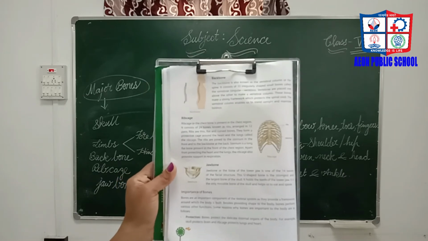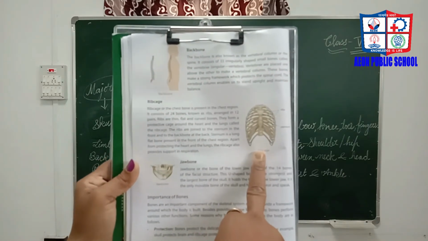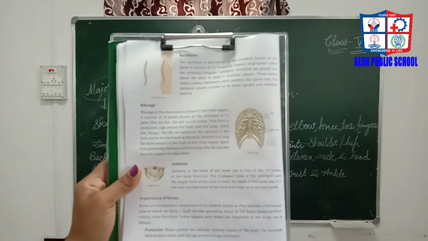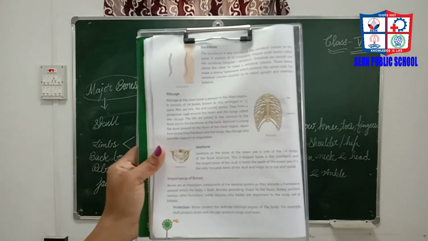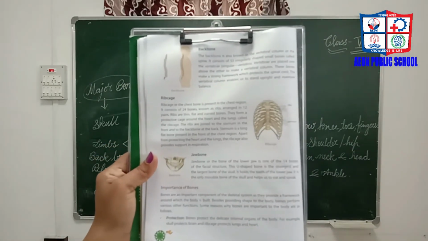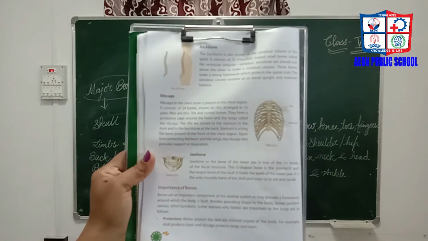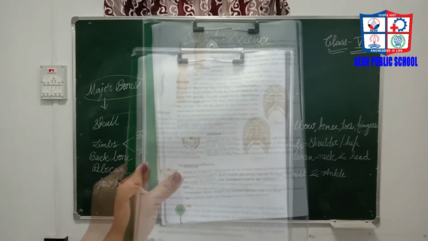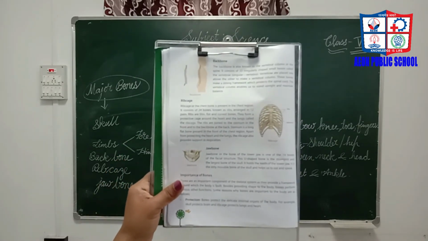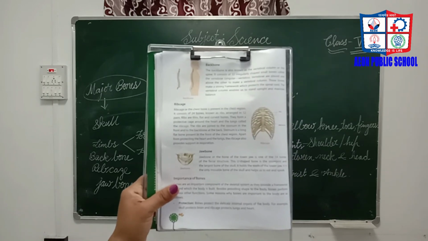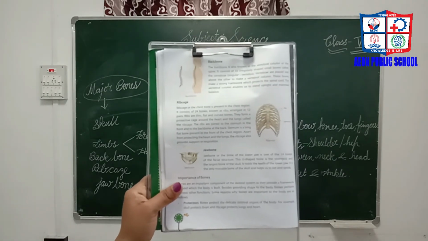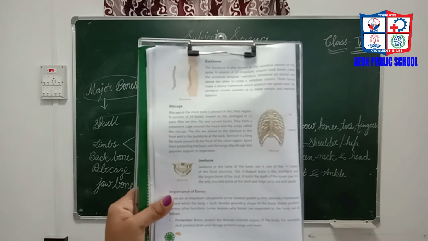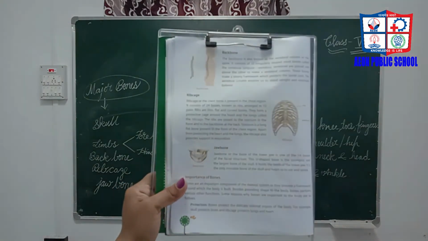The next one is the rib cage. So the next major bone is the rib cage. This is the picture of a rib cage. See here, the parts are ribs and sternum. Can you see this? Next, the rib cage or the chest bone is present in the chest region. It consists of 24 bones known as ribs, arranged in 12 pairs. So how many bones does it consist of? 24 bones. How many pairs? 12 pairs. So ribs are thin, flat and curved bones. See, these are curved bones. They form a protective cage around the heart. So it works as